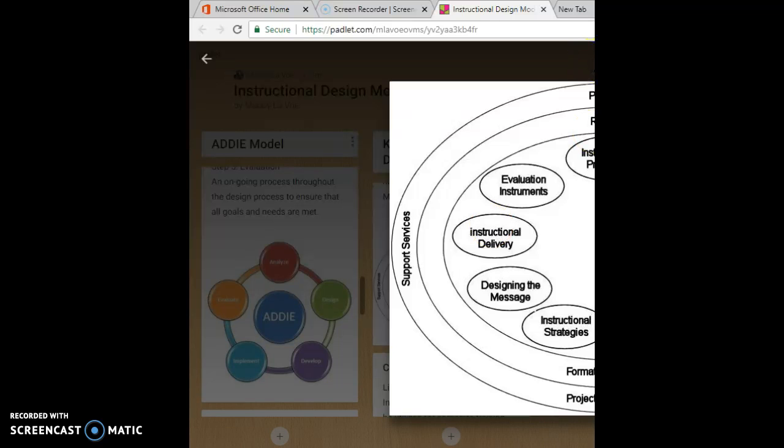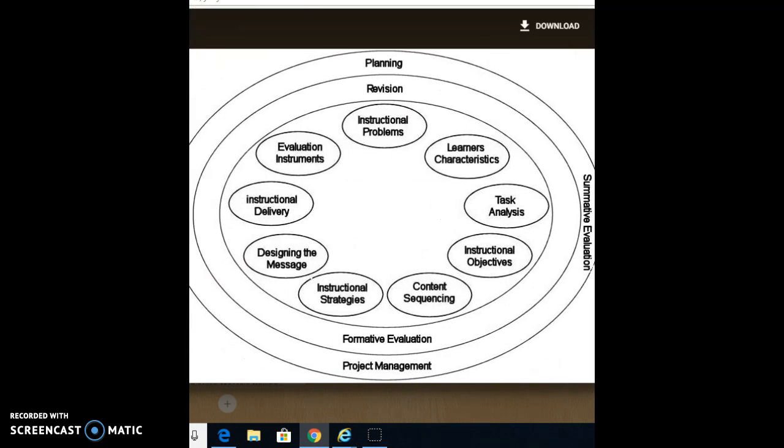Oh, let me just expand my window for a minute. Okay, so this is where we can really take a look at and see the Kemp model in action. So in the middle we have that big circle, and that is going to refer to all of those 9 design elements. So first we have